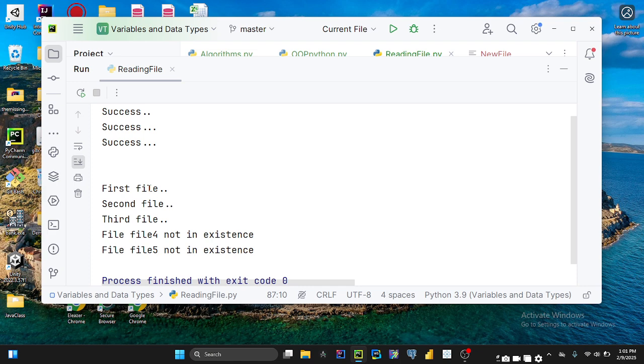And then for the last 2 files that we did not create, it printed out the sentence in the except telling us that those files